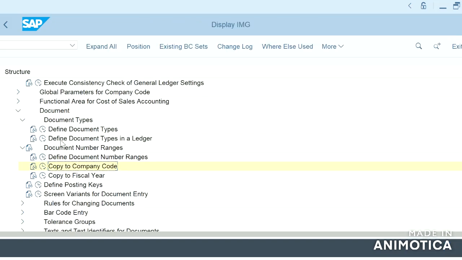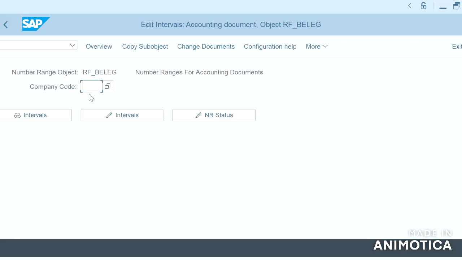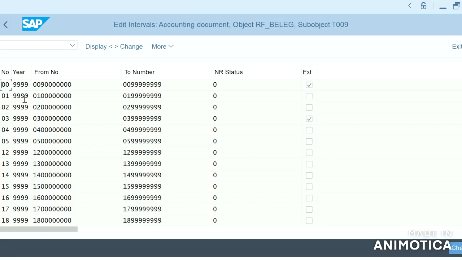If we see the number range once again, you can see the year specified in here. If it is 9999, then there is no need to create or update number ranges for each fiscal year.